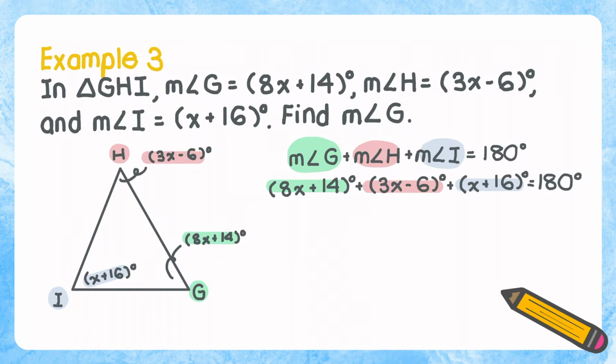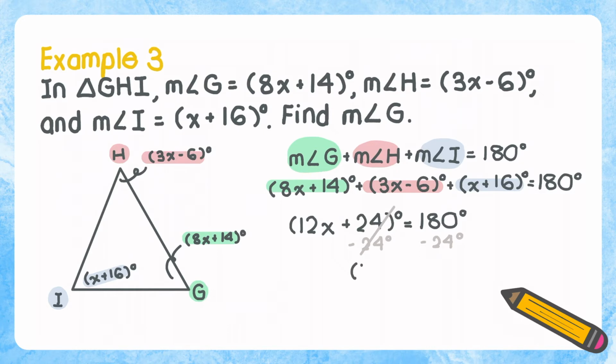So 8x plus 3x plus x is 12x, and then 14 minus 6 plus 16, what would this equal? 24 degrees equals 180 degrees. So we've combined like terms, and let's keep going to solve for x. We subtract both sides by 24 degrees,